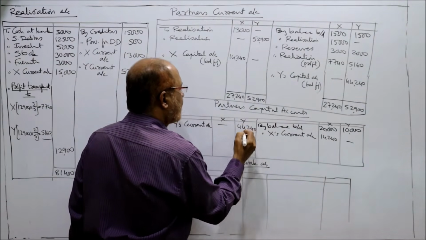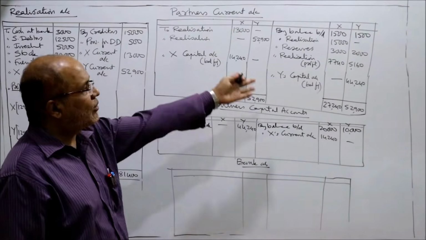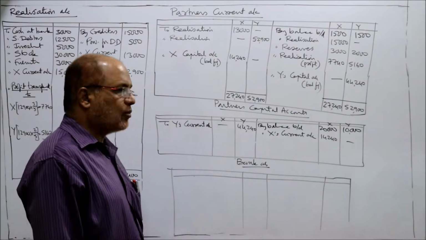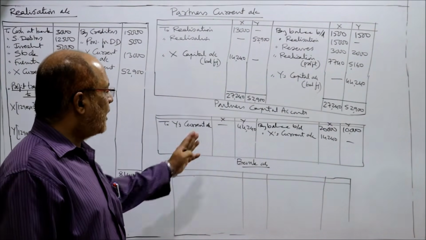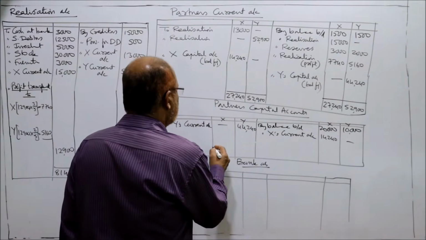$44,240. Finished. Current account is closed. अब capital account बचा हुआ है. Capital account is remaining. अब capital account में you can see here